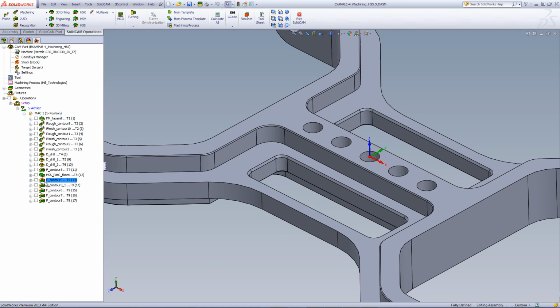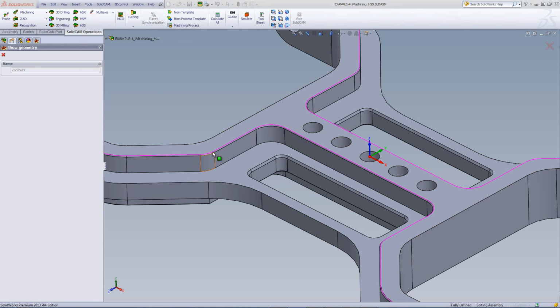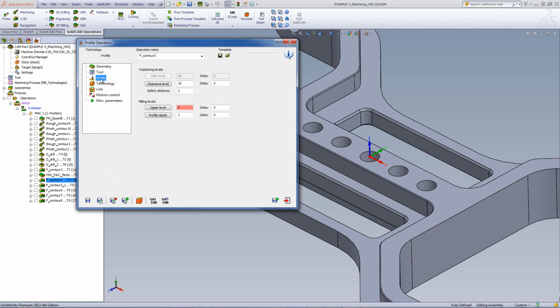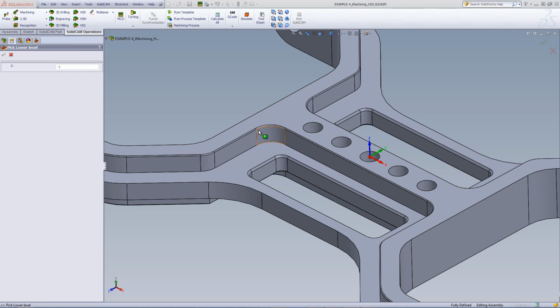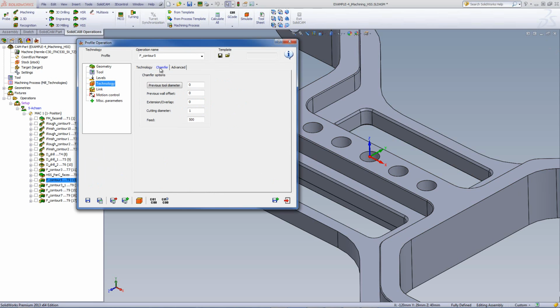So first, we'll take a look at this operation that I've done for chamfering, working on these edges around over here. The tool will be a 10mm chamfer drill, and as for my levels goes, starting from the upper level of 0, going down to a depth of 1mm as picked off from the edge itself. Now, in my technology, if we go into my area of chamfer, you'll note that I'll be using the 1mm diameter of the tool to cut the part itself,